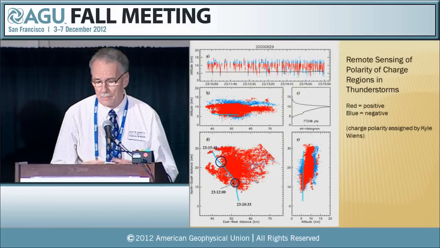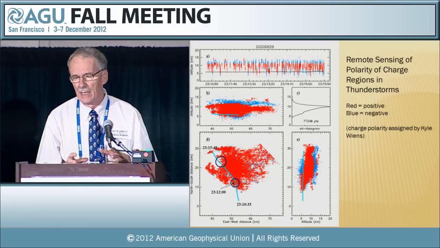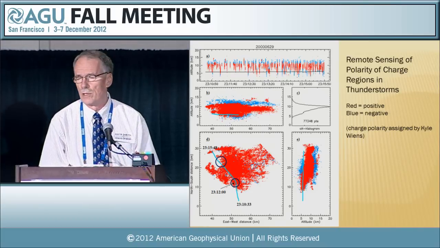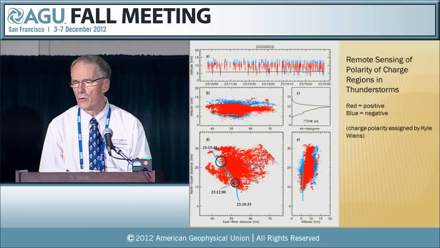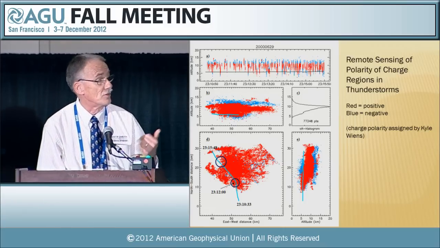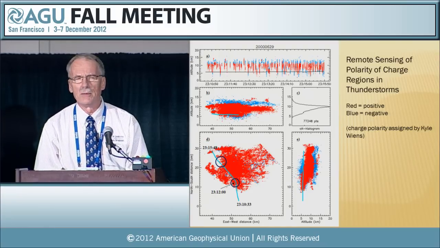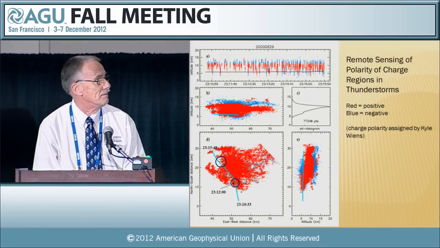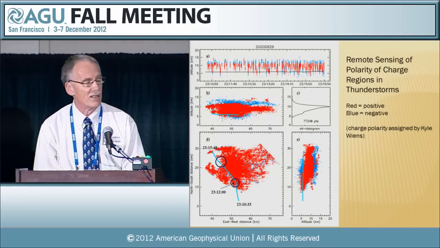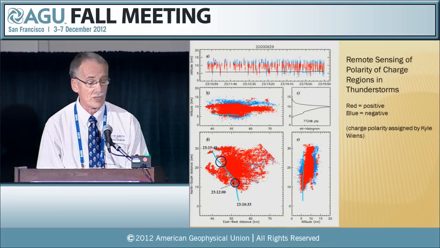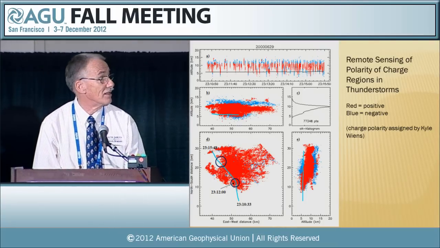What I really wanted to do is go back and take a look at what you can do with an LMA as far as diagnosing where charge is in a storm and the polarity of the different regions of the storms, which Paul Crable just went over. And this is much older data. This is from 2000, even older than Jim Dye's data. The sources here are coded red where there's inferred positive charge and blue where there's inferred negative charge. And the question is, can we make in situ measurements to compare to this?